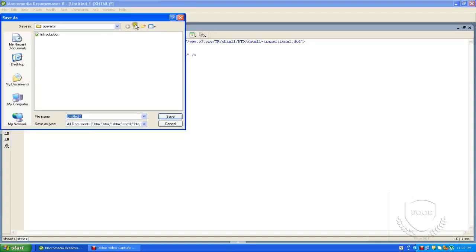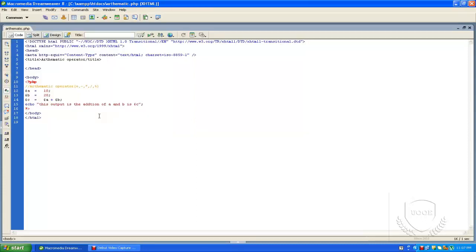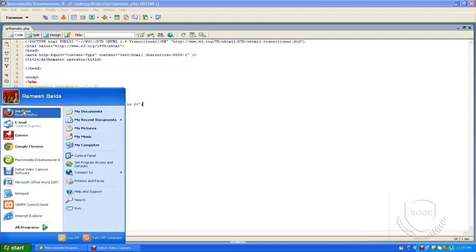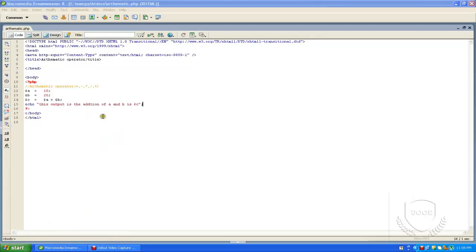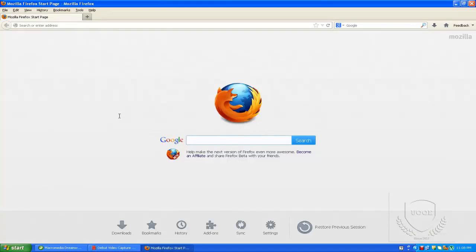I am saving this file in my server. I am creating one folder called operators, and this is arithmetic operator .php. So I'm going to run this. As I told you before, to run a PHP script we have to start the XAMPP server.